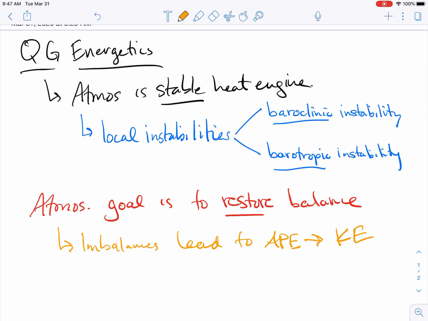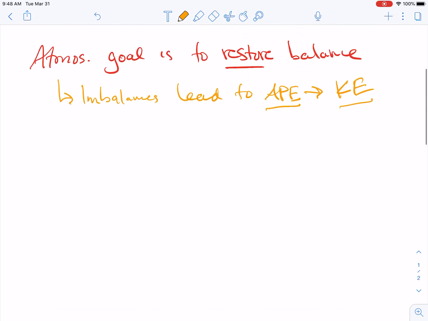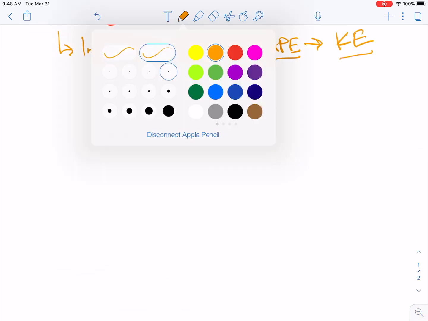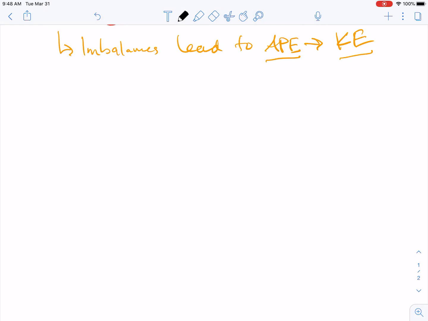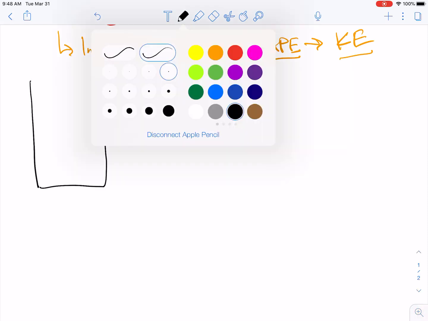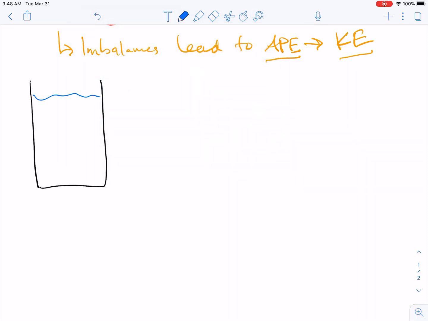So the question is, well, what amount in the atmosphere might be available for use in conversion to kinetic energy? And so let's do a little thought experiment to then tease out this idea of the difference between our total potential energy that the atmosphere might have, which can be quite a bit, versus then what is the small amount that is actually available for use to drive then our weather systems. And so we're going to do this by thinking about a kind of basin that we've got filled with water, and that on one side of our basin,